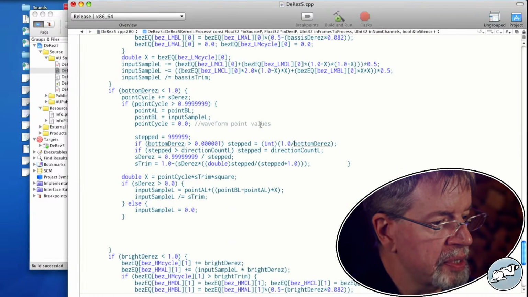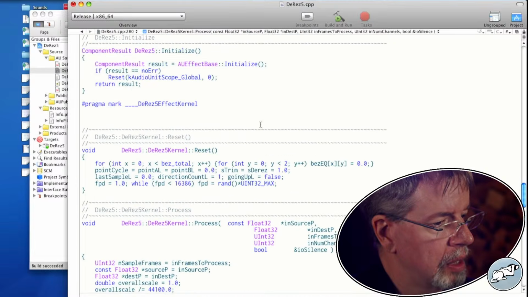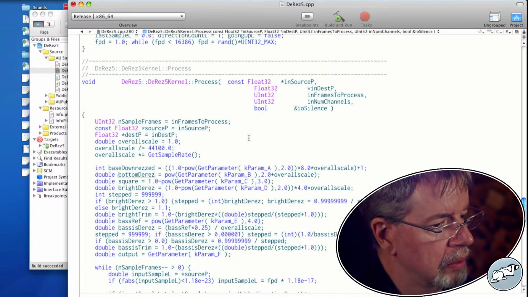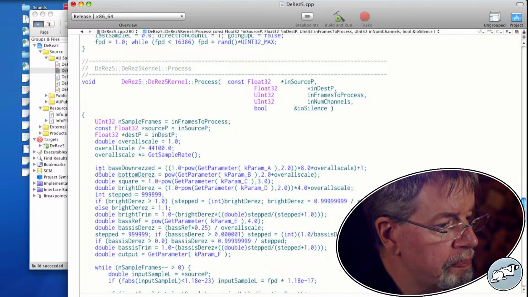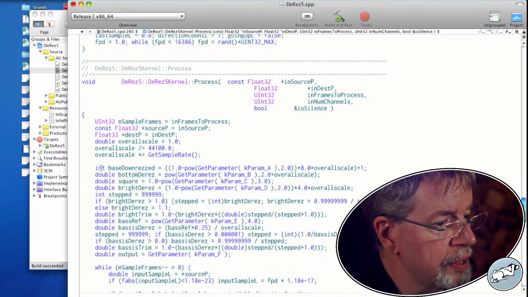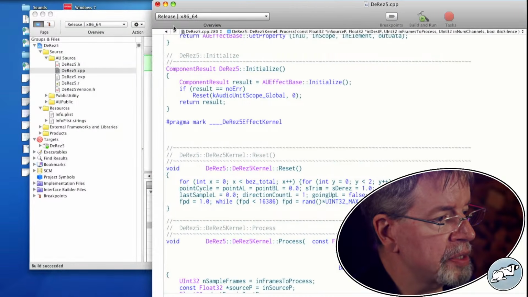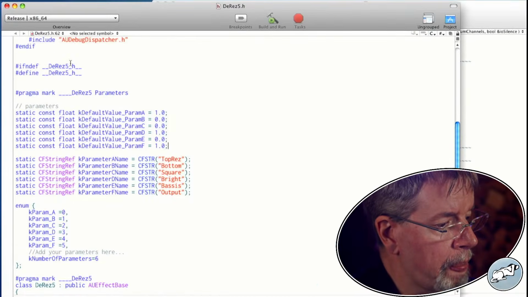It starts at bass down res. Well, I'm pretty sure that doesn't necessarily need to be an integer, does it?